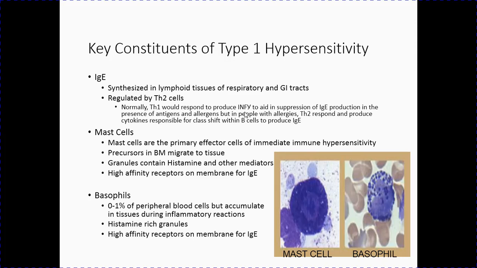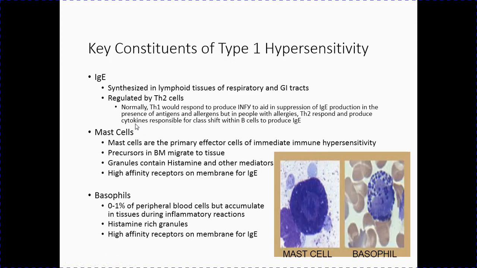But in people with allergies, we're going to see there's a genetic change that happens where instead of naive T cells being stimulated to T helper 1 cells, they end up as T helper 2 cells. And T helper 2 cells are produced instead. They respond to that same antigen MHC2 complex in a way that causes the production of cytokines